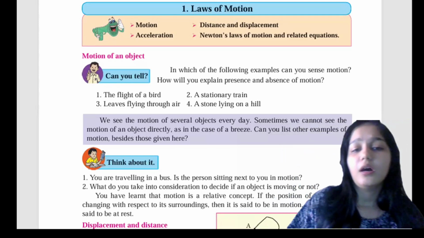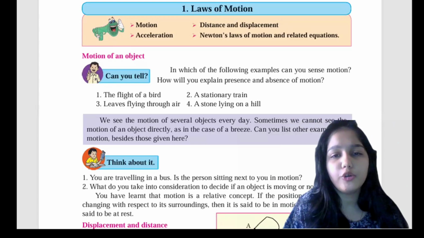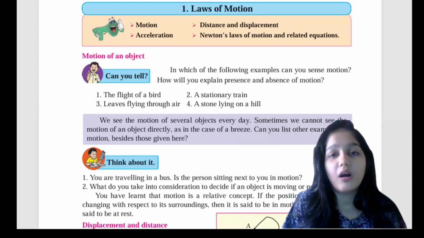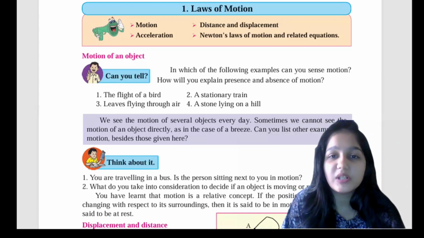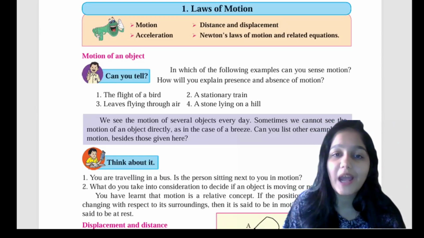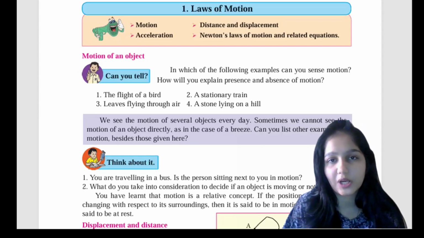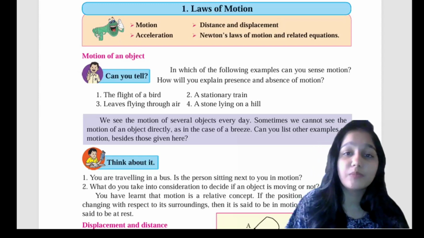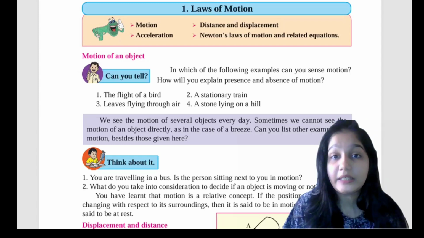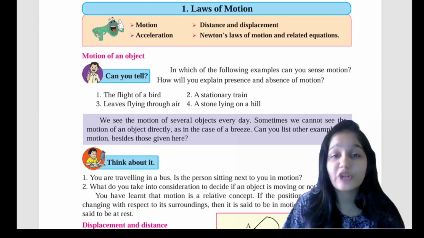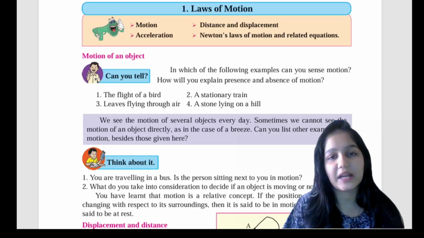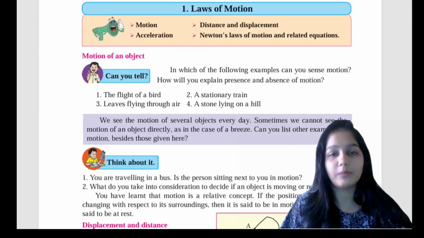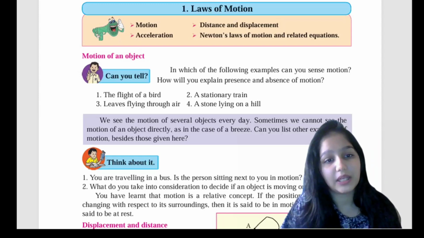Let's start. Let me ask you one question first. What do you mean by motion? If you can answer this, just pause and answer. What do you mean by motion? How does a motion affect an object, or what happens when a motion strikes an object? Motion is actually the movement that moves the particular object. Either it is a pull, push, drag or strike or anything like that, that causes motion in that particular object, and it moves from one place to another. So that is the meaning of motion.